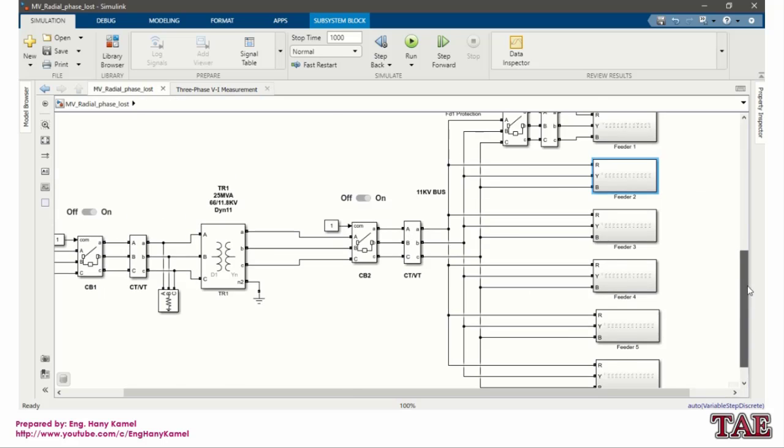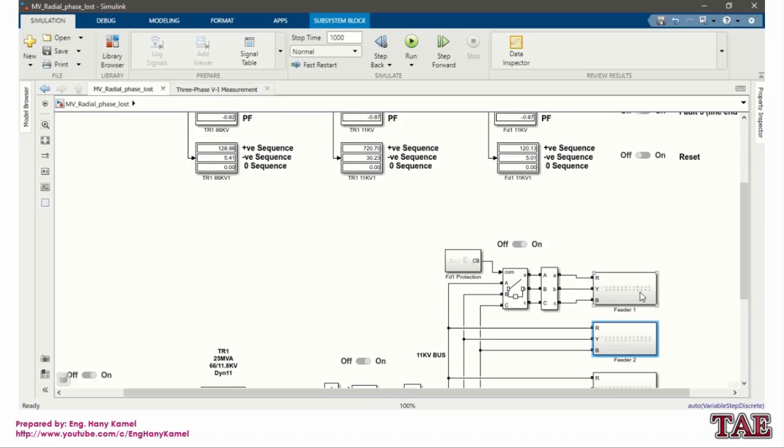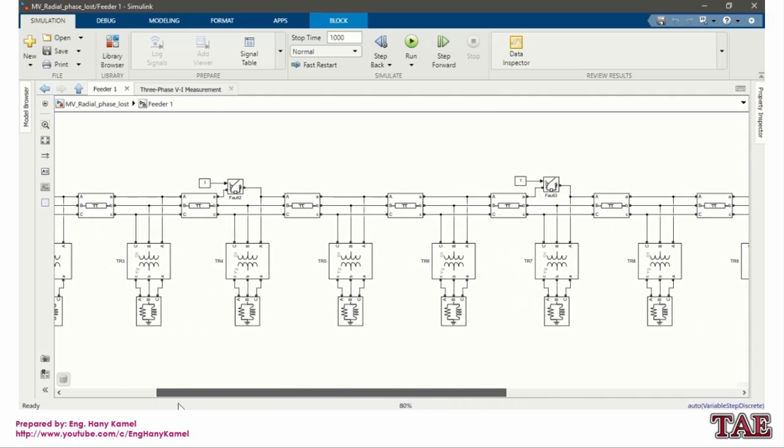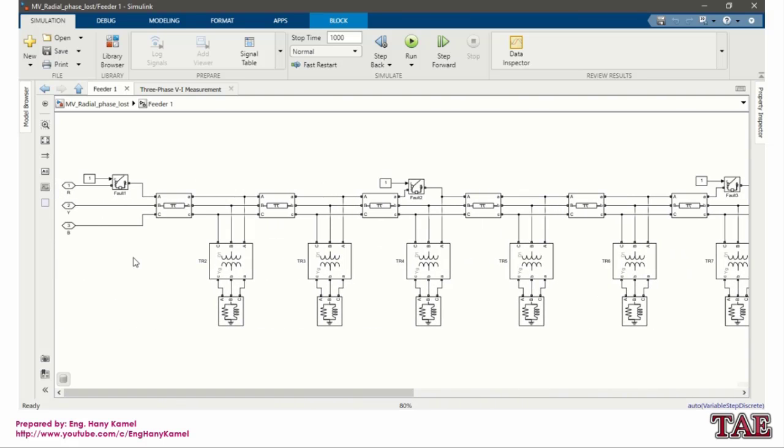Same for all the 6 feeders. Then for feeder number 1, same as the other feeders, but I put an interrupter or circuit breaker only for the red phase to cut this phase, to make